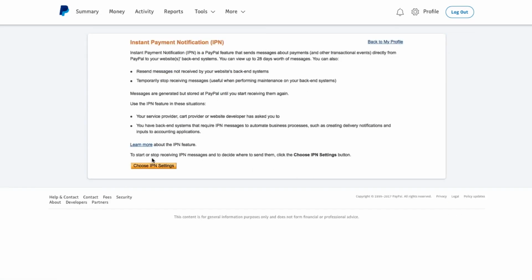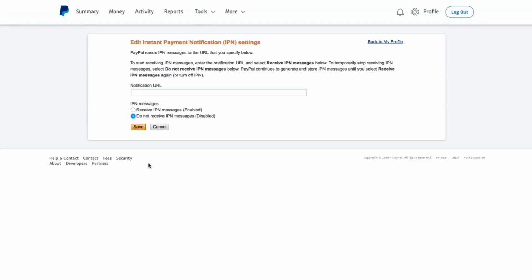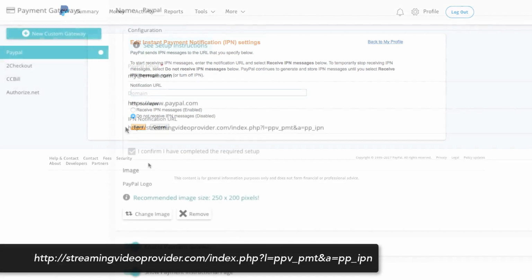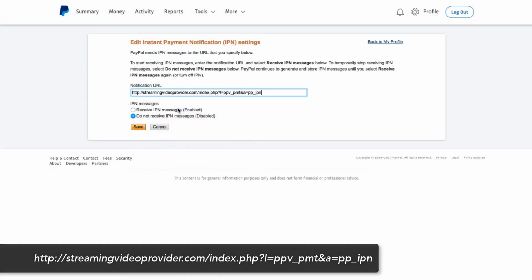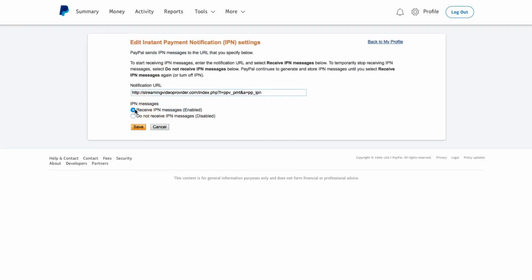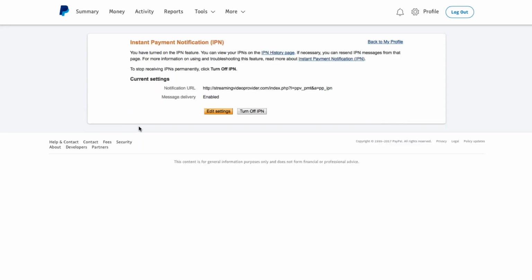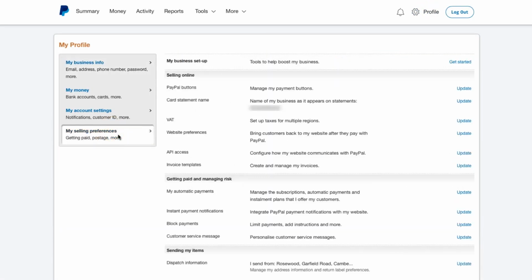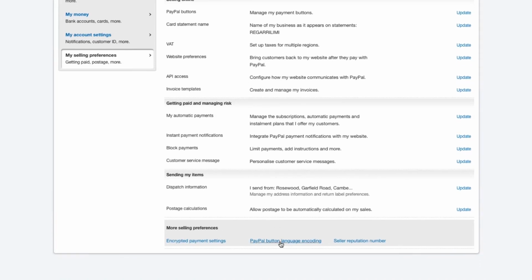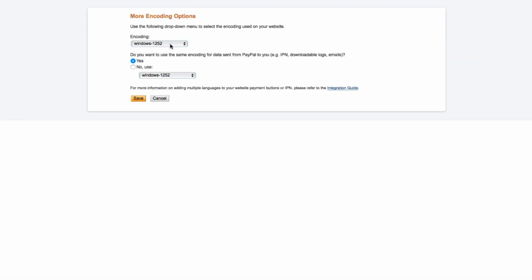On the IPN information page, click on the Choose IPN Settings button. You will be presented with the IPN settings page. Here, enter the following notification URL, which can be found in your PayPal Express setup within the Payment Gateway settings. Select Receive IPN Messages Enabled and press Save. Under Profile, Profile and Settings, My Selling Preferences, PayPal Button Language Encoding, click on the More Options button. Change both drop-downs to UTF-8